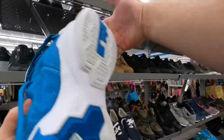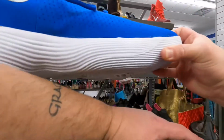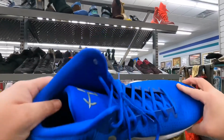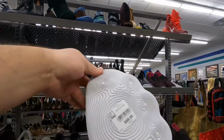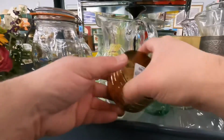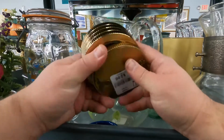All right, I just had to show you guys these shoes. They wanted $85 for these, size 16 and a half, I think. Trying to show you it's bigger than my arm. There's another pair of size 20 that I'm showing you, and let's see, what do they want for those? $90. They're out of their mind. They do look like they're brand new, but I just don't know who's gonna be a size 20 and drop